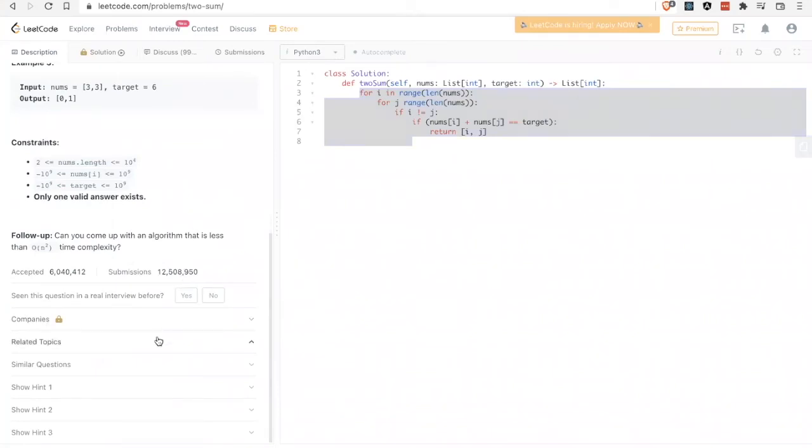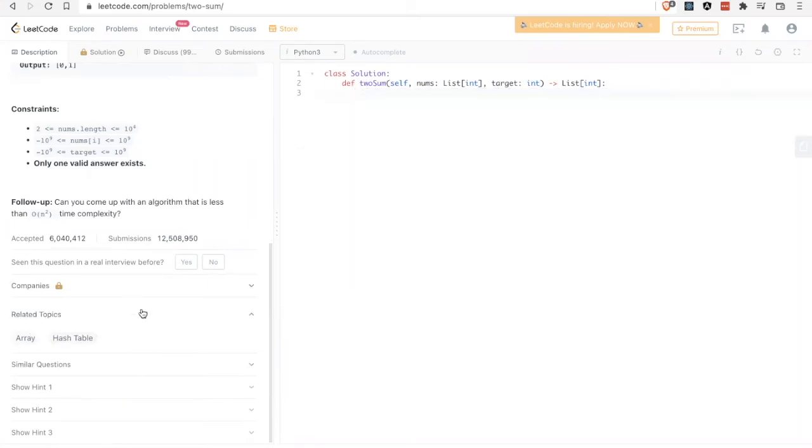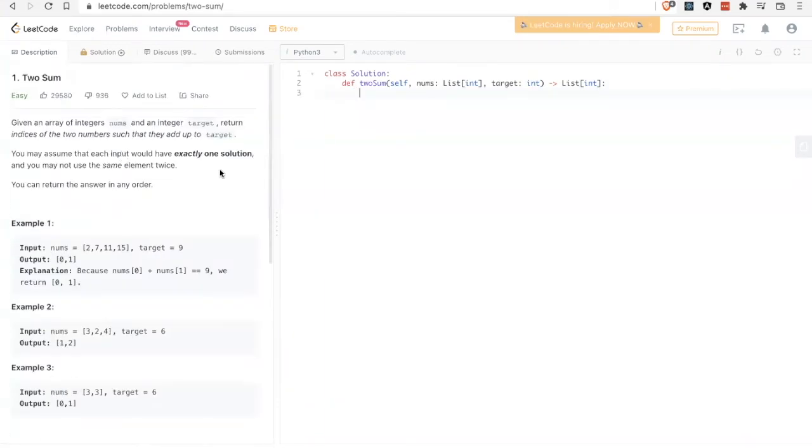And if you look at the related topics, there's a hash table involved. And so you could try to find a way that's more efficient using that. Oftentimes the topic section can give you an idea of what tools to use, like what methods are used in order to solve the problem in the most efficient way.